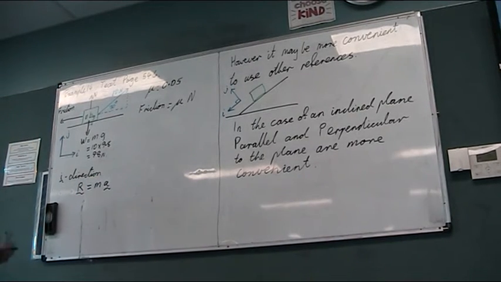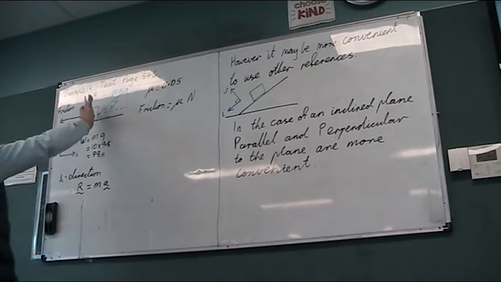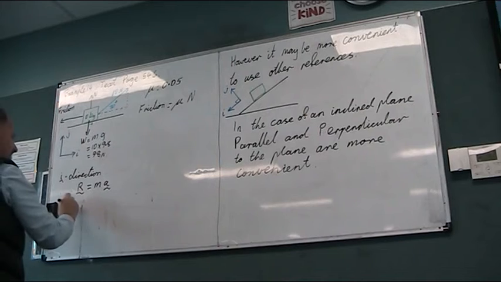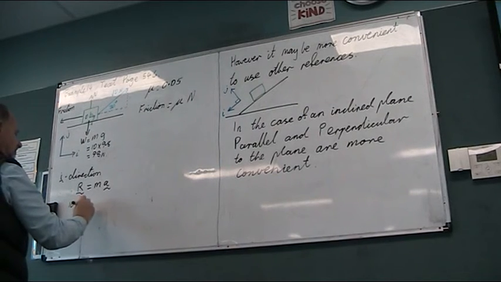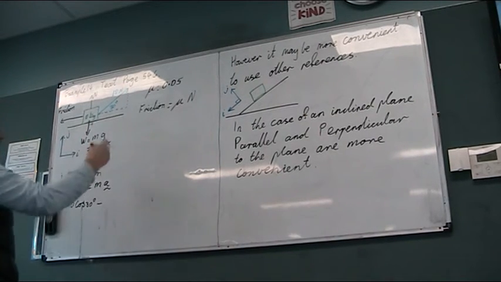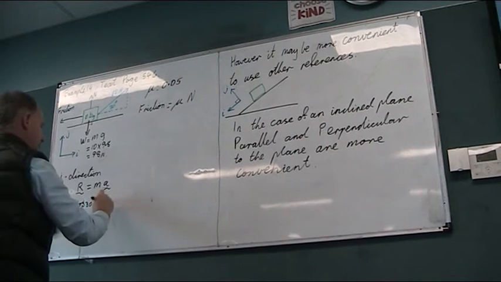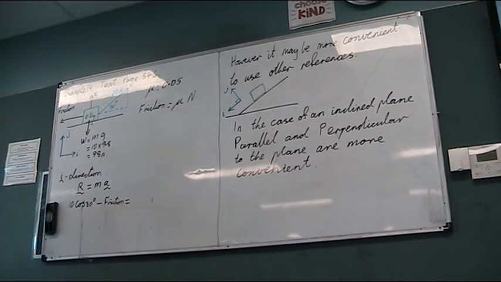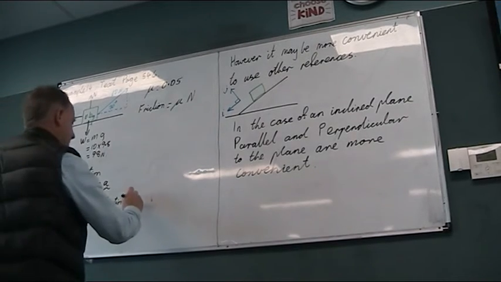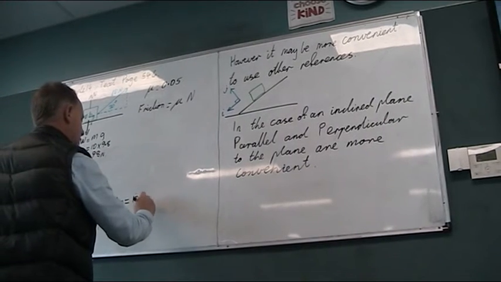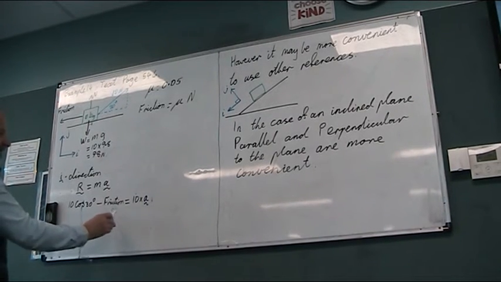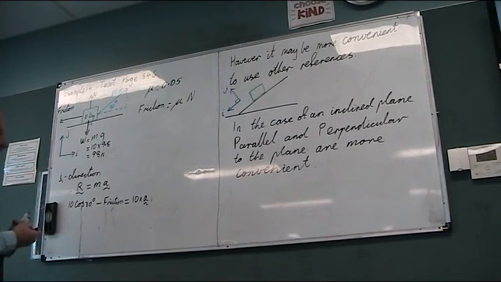Alright, so in the I direction, let's get back to it. In the positive direction, we've got this component, which is 10 cos 30. And in the opposite direction, we've got friction. And that equals our mass, which is 10, times our acceleration. Alright, so we need to find out stuff about our friction. And to do that,